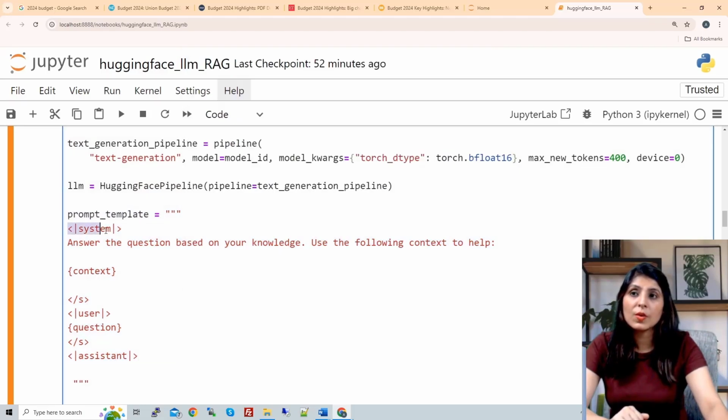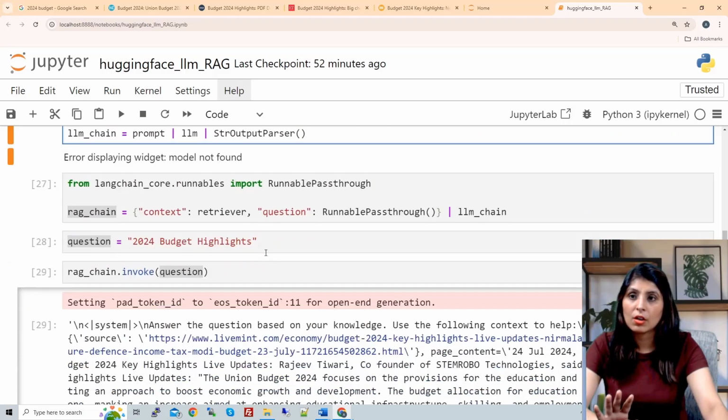Now first you will see the system, and then you will see the answer the question based on your knowledge, use the following context, and here I've told you we'll get the retrieved documents which matches with the user's query. So let's see if we are having this or not. So here,